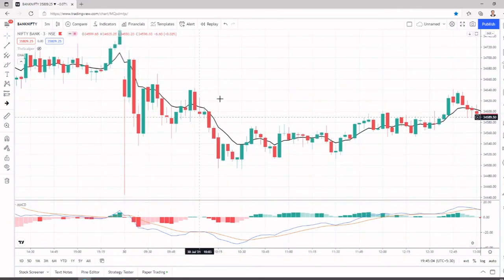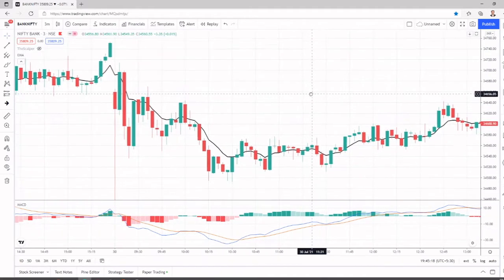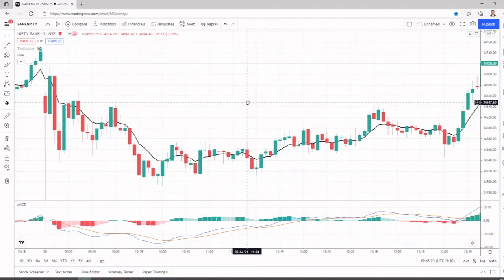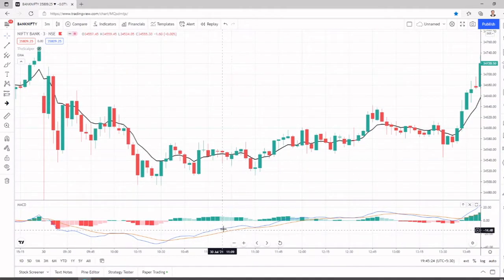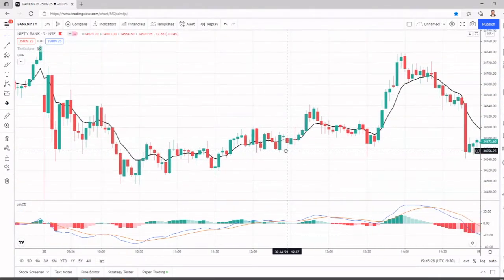Now okay, let's start with our strategy, what the rule is. We've already discussed the rule: for the long, MACD should be above zero; for the short, MACD should be below zero. That is the first one. So now you can see on the 30th. Okay, let me drag here a little bit. This is the 3 minute time frame. Remember, this is a short time frame for intraday scalping. Yeah, this is the full day